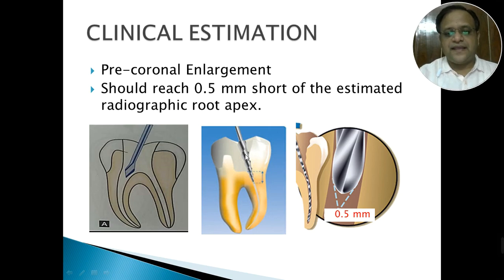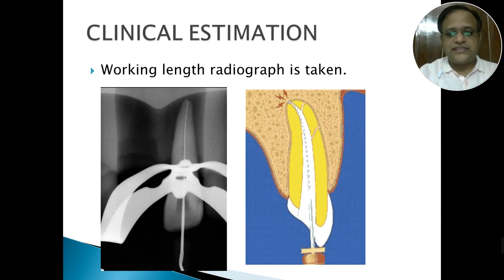So it is removed. Then towards the estimated working length, you should push your file slightly, almost like reaming. Reaming means a slight push, slight apical pressure is applied onto the file, and you try to reach the working length, the estimated working length, almost 0.5 mm short of it. So once you feel that your stopper has reached the reference point, you should take a radiograph.